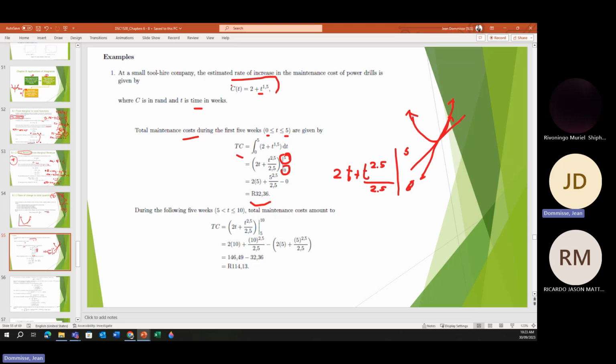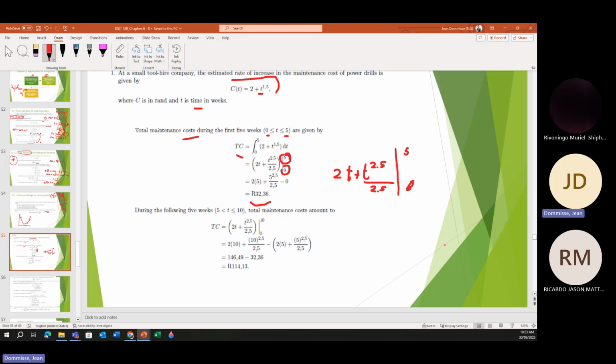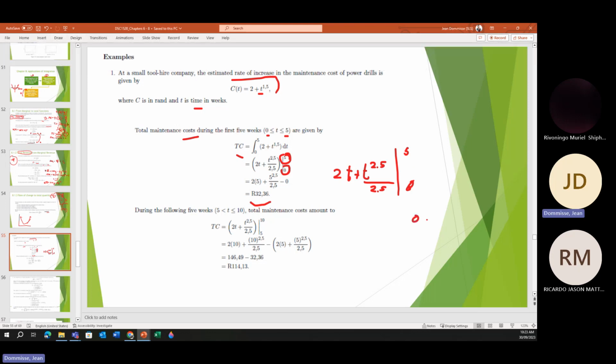And again, I don't have the faintest idea how that curve will look like, so let's not put something like that in. So that would have been between 0 and 5. And then the other thing that they ask us is, during the following 5 weeks, 5 to 10, what will be your total maintenance cost? Okay, so now